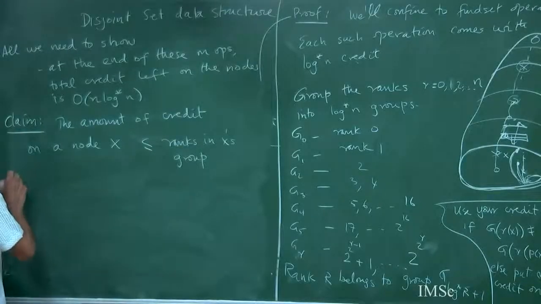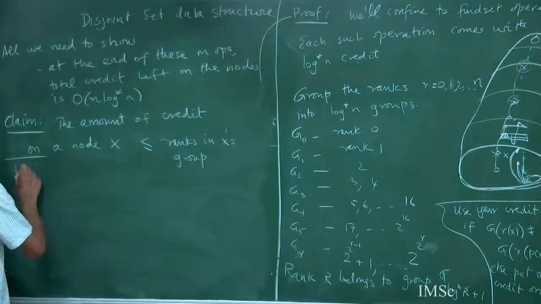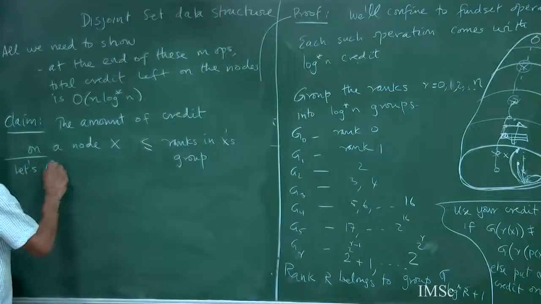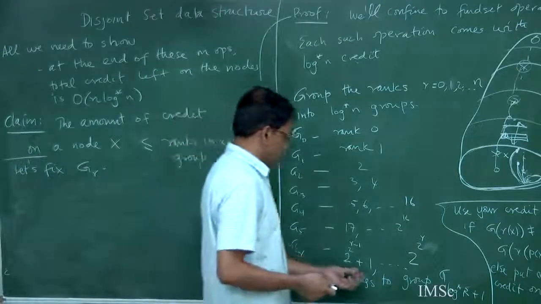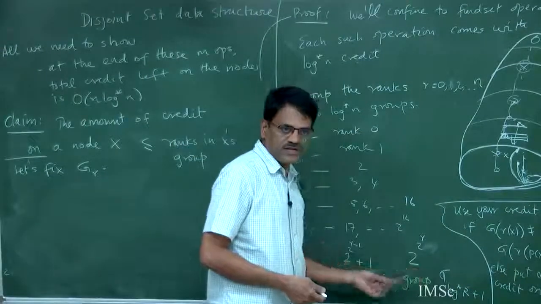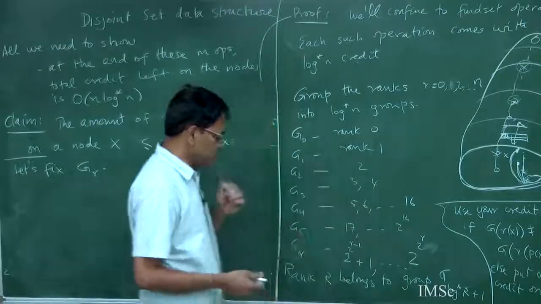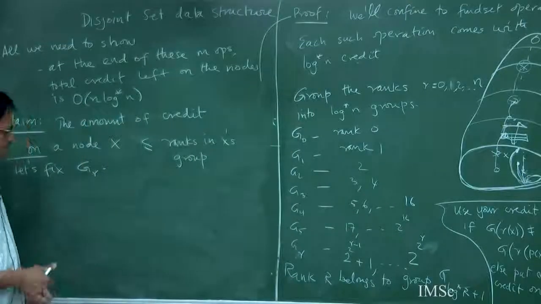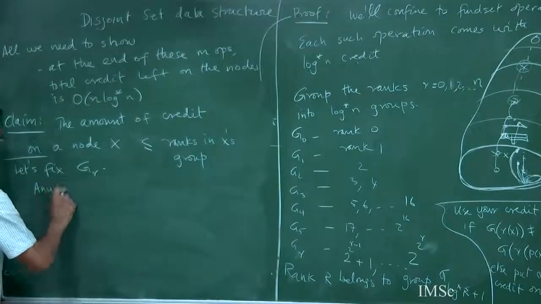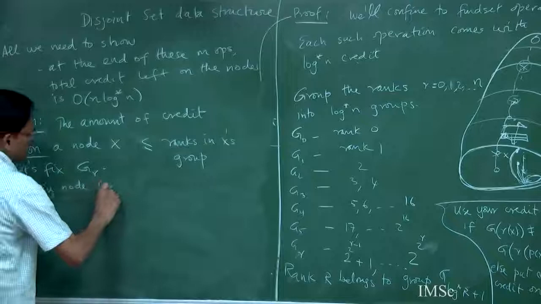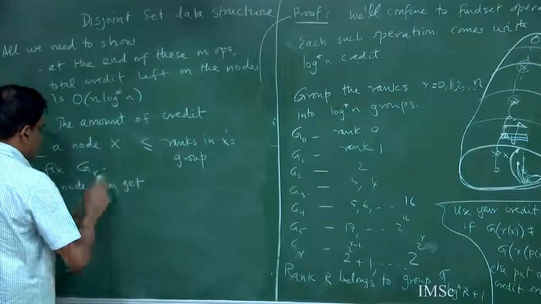So let's next claim. Let's fix this group GR, which has ranks from this plus 1 to this. This is the range of ranks which are sitting in this group. So any node in this group, because of this claim,